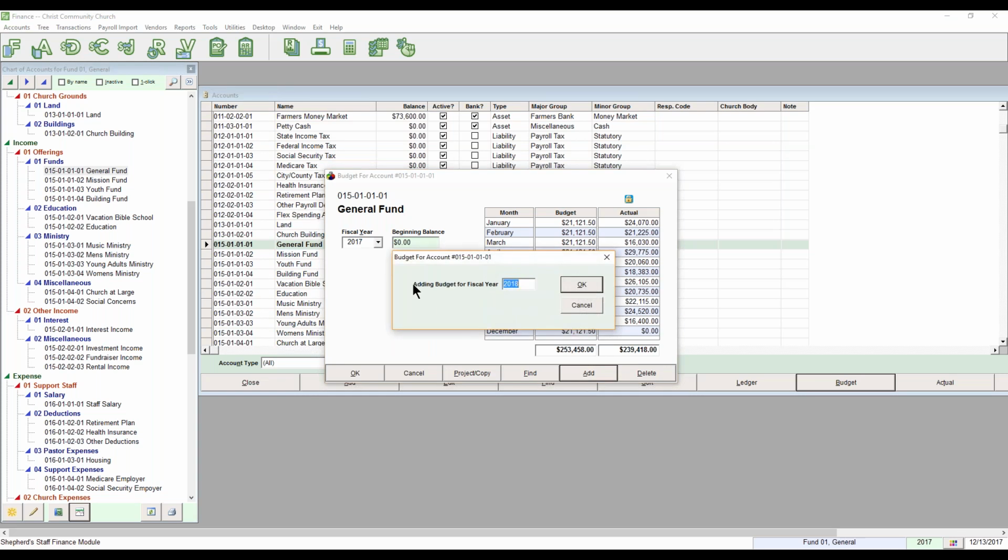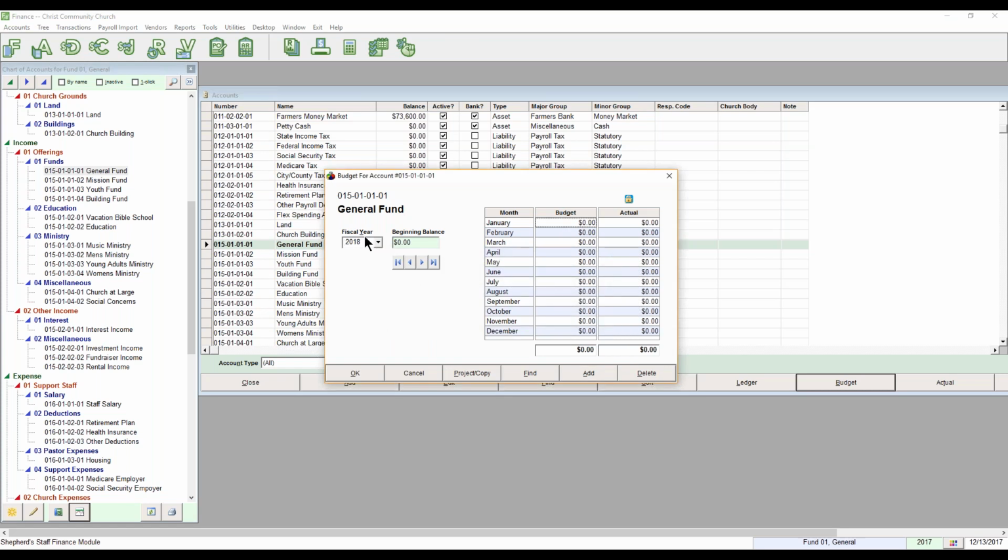Click on Add. And then it's going to say adding budget for fiscal year 2018. That's what we want to do. So we'll click OK. That'll put 2018 into our fiscal year box here on the left-hand side. And it'll allow us to enter our budget into the system. At that point, if we want to, what we can do is type in the budgeted amount. So it could be $22,000 for January,